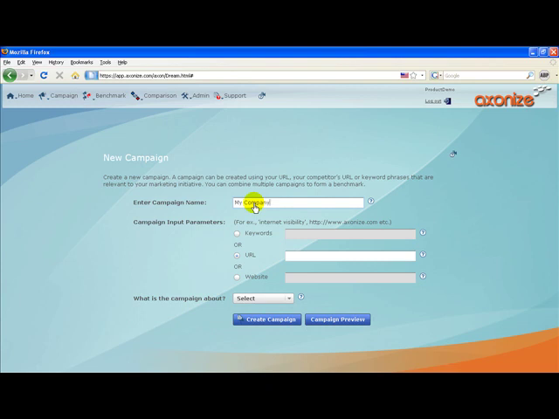So let's say in this specific example, we want to analyze all the backlinks which point to the homepage of airtightnetworks.com. In this case, we mention the campaign name to be My Company homepage. Now let's select the URL option and type in the homepage of the company in the text box.